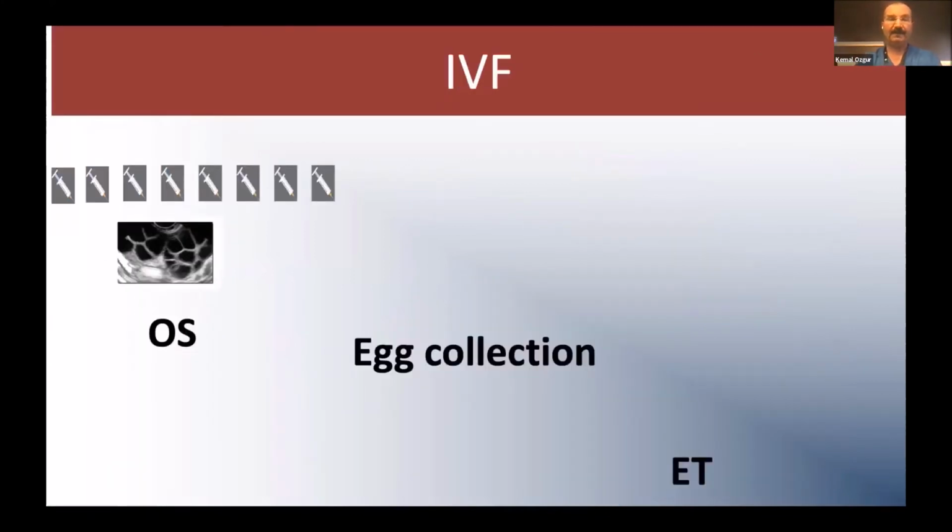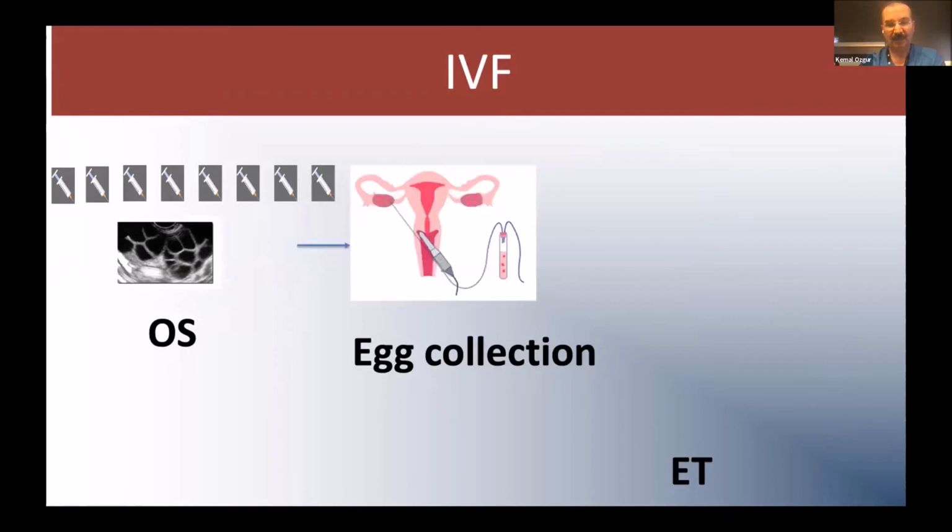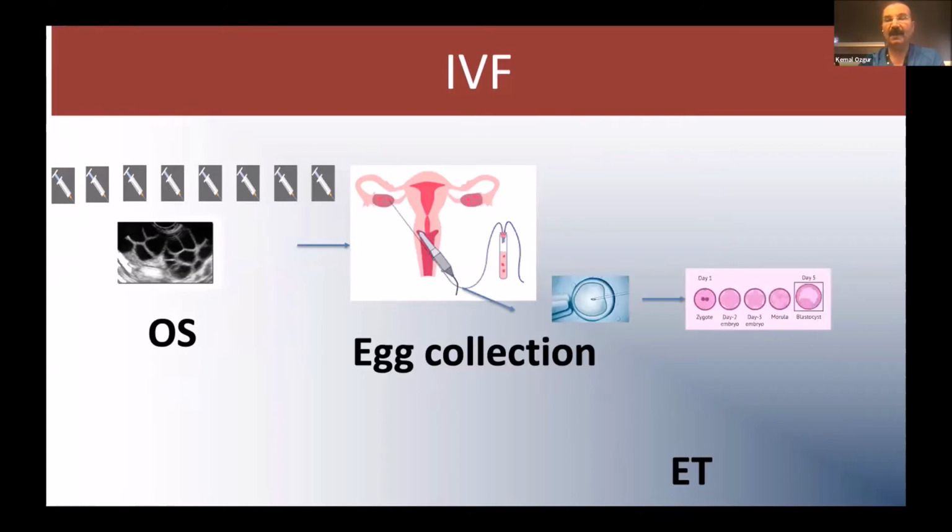Now, when it comes to IVF, we again have three compartments. One is ovarian stimulation, because when we don't stimulate the patient, we will not end up with multiple eggs. We will have just one egg maximum, and that means the success and performance will be too low. That's why we give FSH hormone, mimicking the physiology. By giving FSH, we increase the number of eggs. And then we do egg collection. And after egg collection, we do fertilization by ICSI or IVF, and then we do embryo culture, and then we